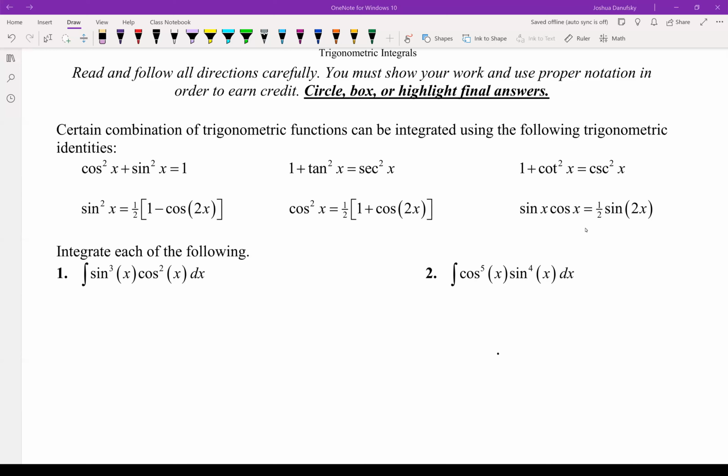So for example, if you look at number one, we have sine to the third, and we also have cosine squared. And so at first, it's like, okay, we have one of each, an odd power and an even power. Focusing on the odd power first, the idea is going to be to replace our sine cubed as a product of sine squared times sine, that sine to the first power that we're about to write. As a matter of fact, let's just go ahead and get started with it. If we go ahead and rewrite this,